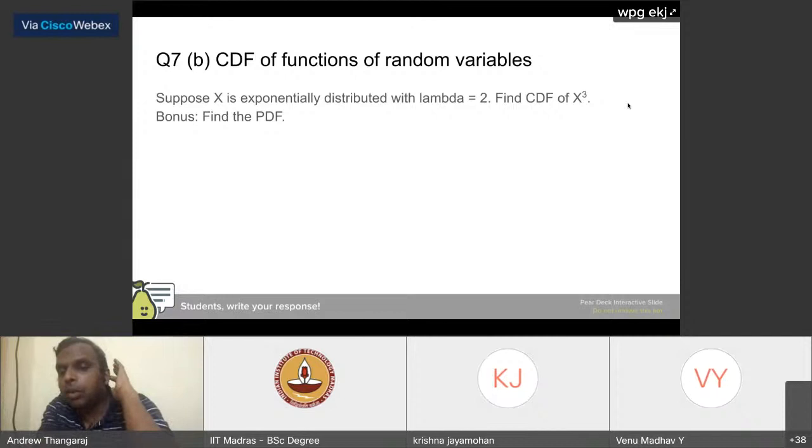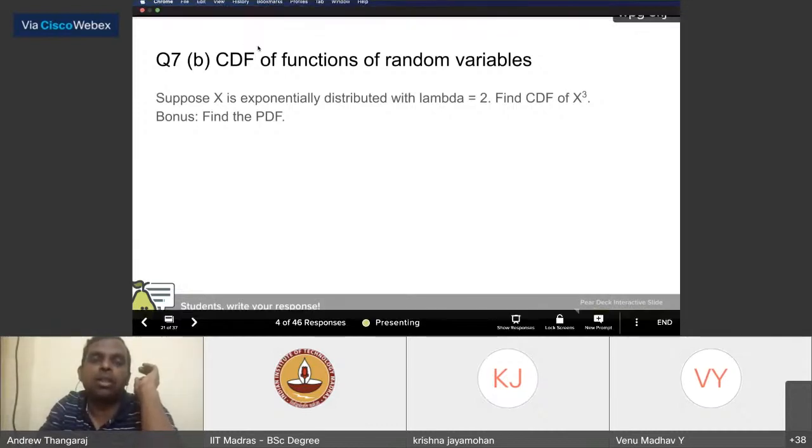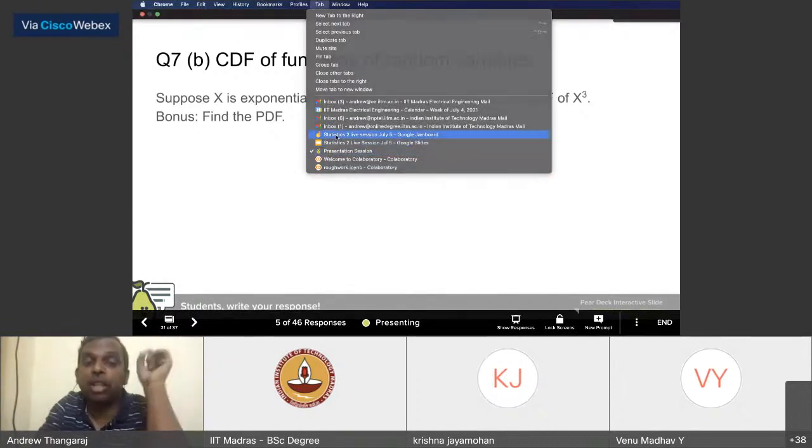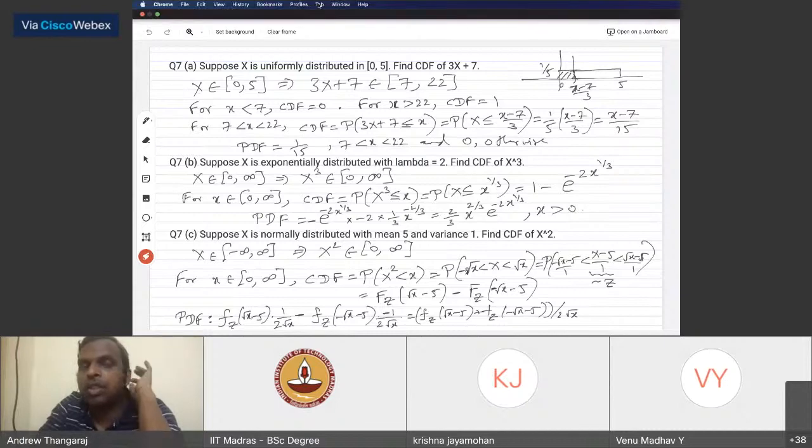Govind has asked the question, are we assuming uniform for f of x? We never assumed uniform for f of x. So go back to the previous solution. Let me be very clear. We are not assuming uniform for f of x; we are given uniform for X. Notice here, until I come to an equation involving X, I'm not assuming uniform. Once I come to this, uniform is given to me. X is uniform from 0 to 5, so I can assume this. Keep that in mind.